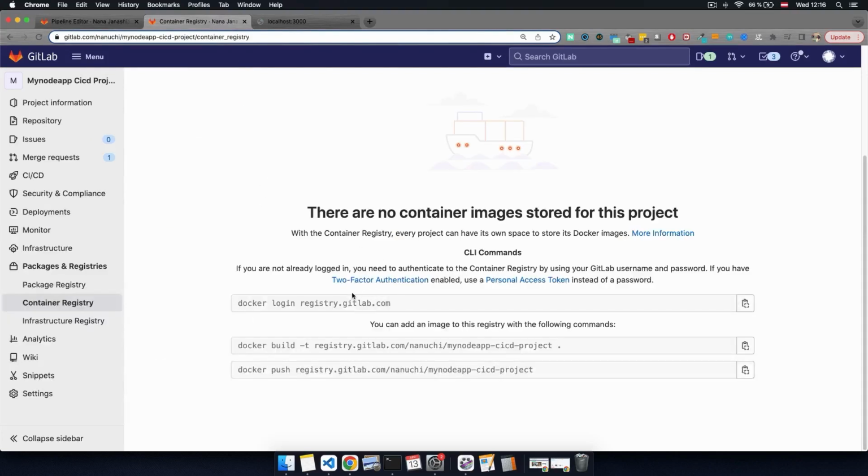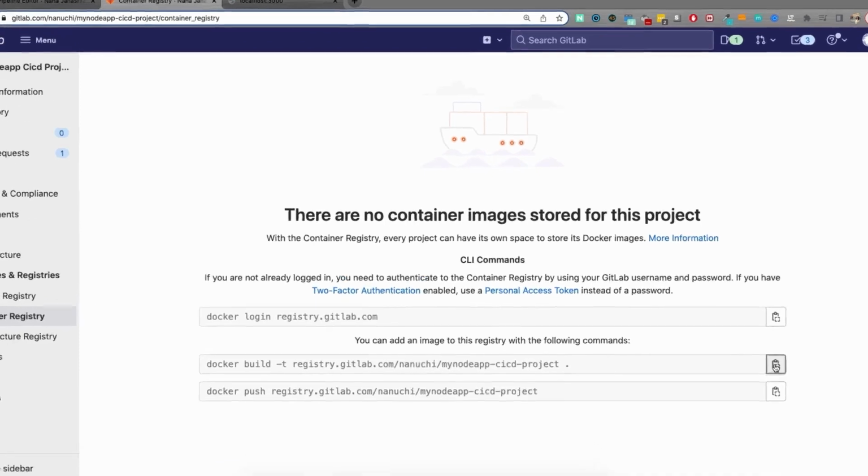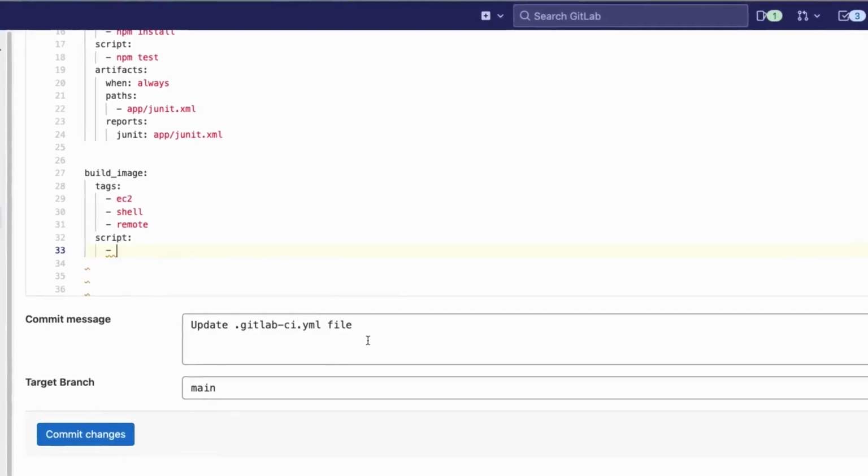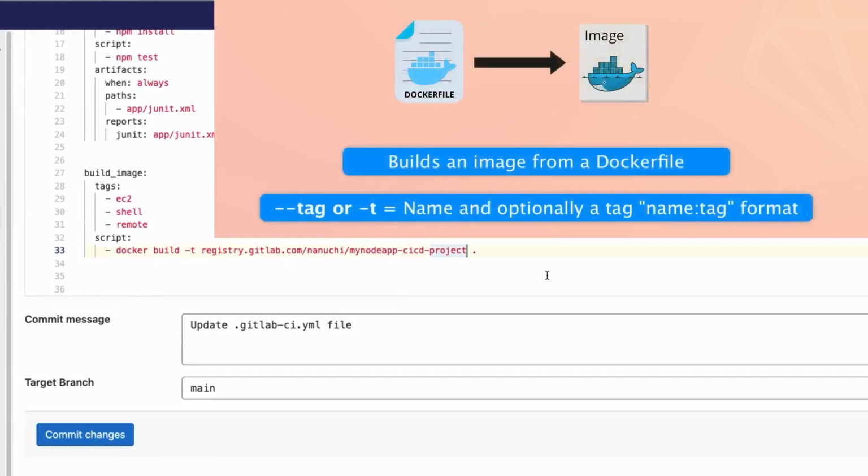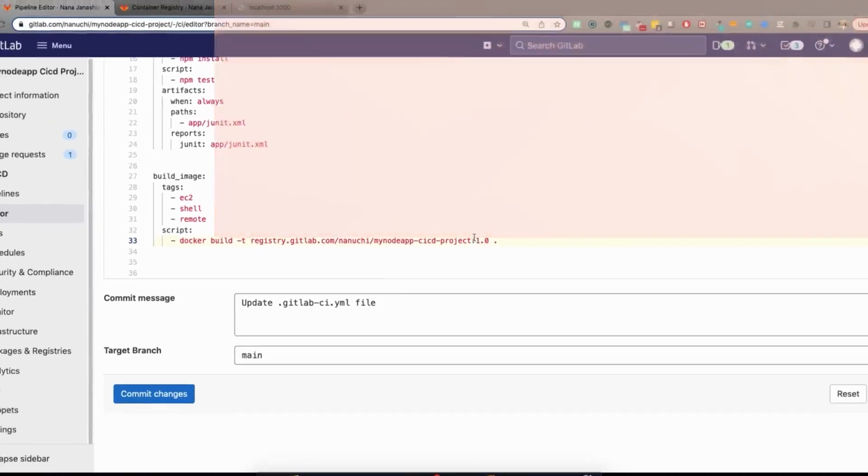Now note that for building an image, you don't need to log into the registry. You can just go ahead and build and tag your image locally to whatever name you want. We're gonna need login to push an image. So I'm gonna copy this command and paste it here. And this will build a Docker image with this name. But we also want to add a version tag for our image. So we're going to do colon and 1.0. So that's going to be the version of our image. And then we have a dot, which is the location of the Dockerfile